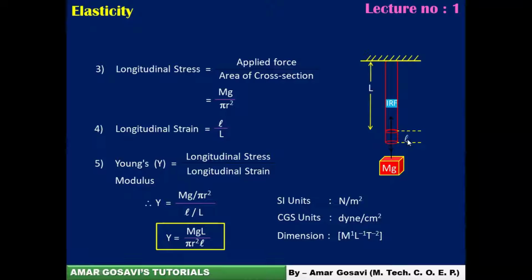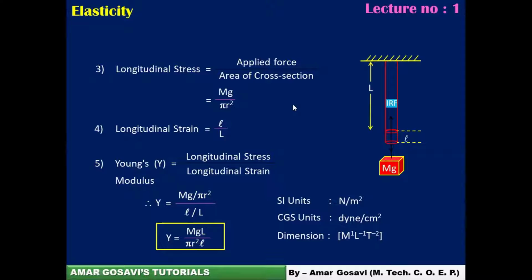So by some methods we measure this small l, we measure capital L, we know what load we are applying. We can measure the small r, that is the radius of the wire, by micrometer screw gauge. Once we measure small r, because the area of cross section is a circle, you can find out the area as pi r square. So you know m, you know acceleration due to gravity, you know L, you know small l, you know small r. When you substitute all these values, that's how you can get Young's modulus in the laboratory.